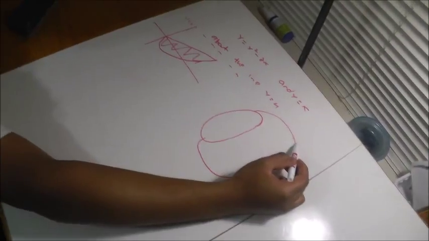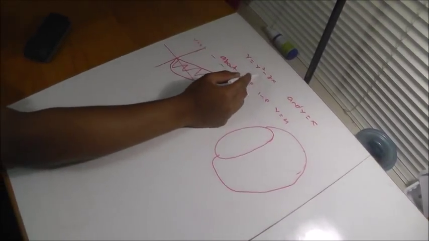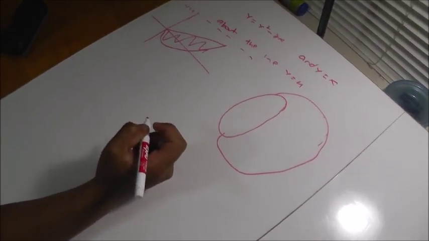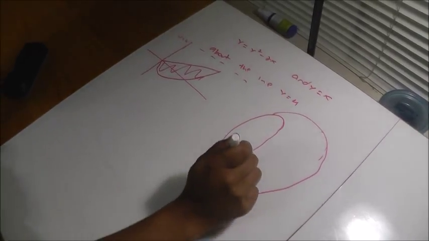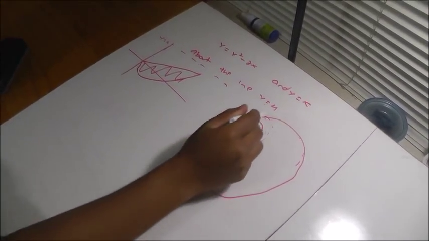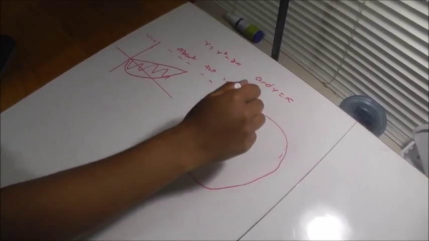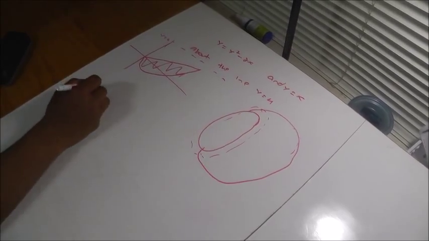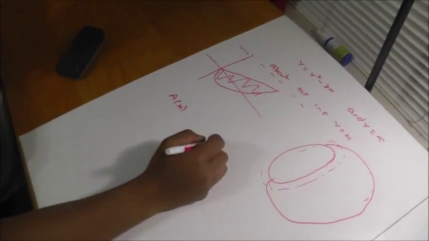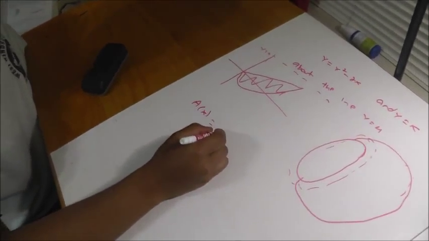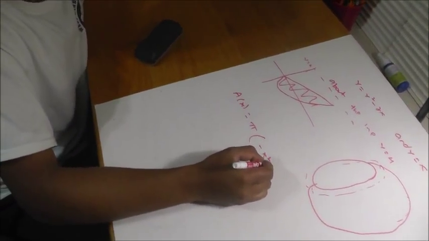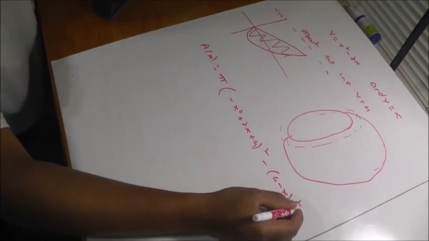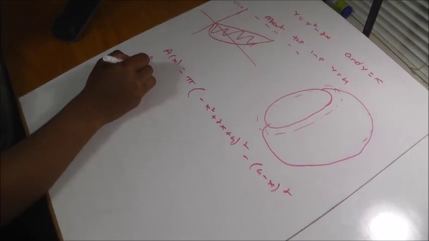This part is x squared minus 2x being rotated around y equals 4, and then it's hollowed out by the line y equals x. To do this, we are going to have to take little washers of the outer area and subtract it by the inner missing circle. So the area of each washer is going to equal pi times the quantity negative x squared plus 2x plus 4 squared minus the quantity 4 minus x squared. And we're going to want to add up all these little areas